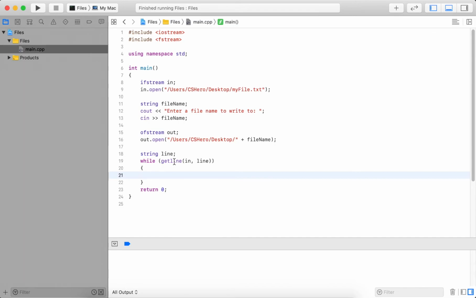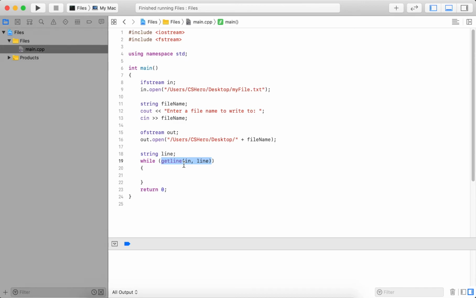If you're not familiar with getline, you could also use it with cin. In this case, you would just pass in cin, and then it would read the input from the console into the line variable. Now I use that as part of a condition up here, the while condition, because getline also returns a flag if the end of file was reached.